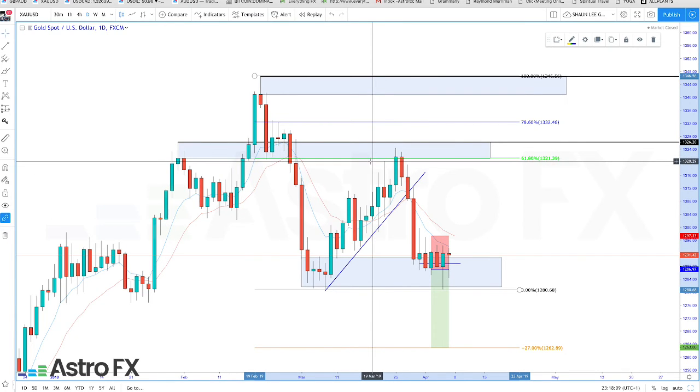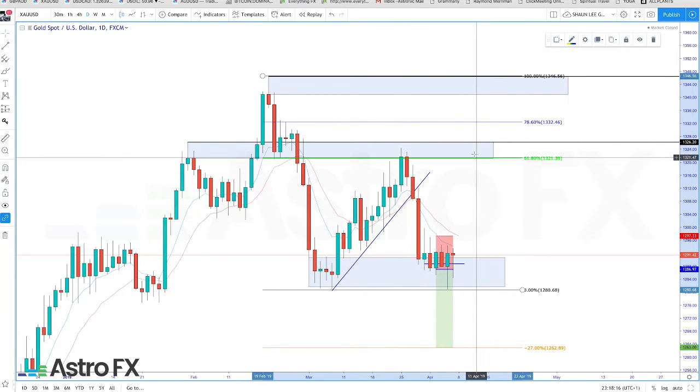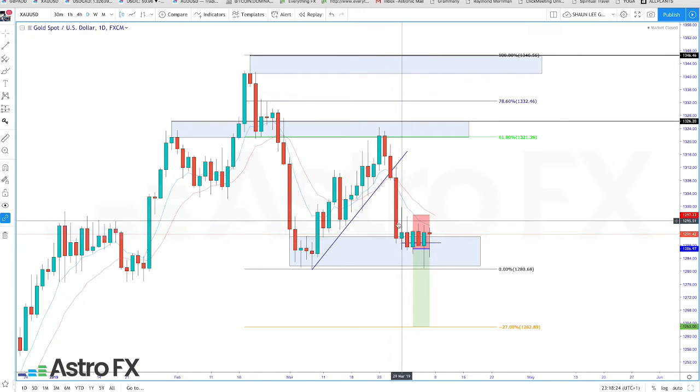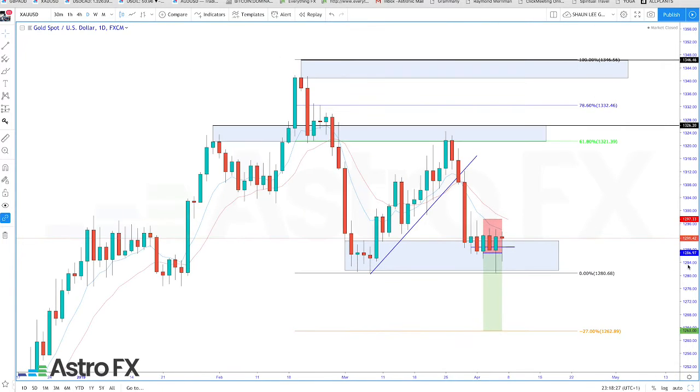And also we have 1320, which is more or less reacted to as well, a psychological level on the gold chart. And we also have a barrier at 1325 above. There's a few confluences going on here. Market pulls back down. The reason why all of this mad price action is occurring right now is because the